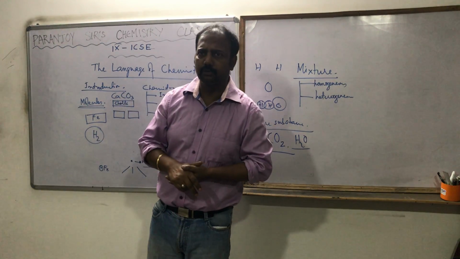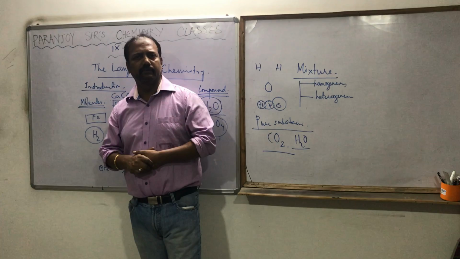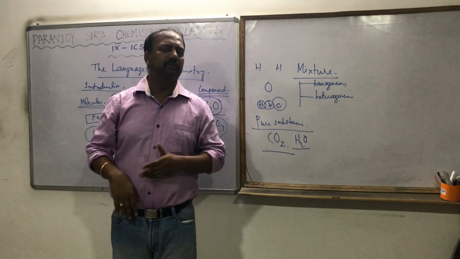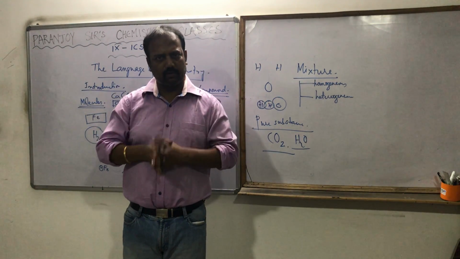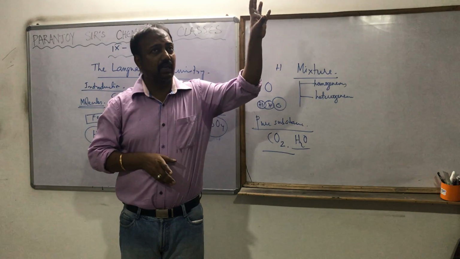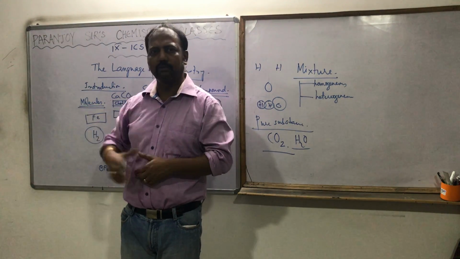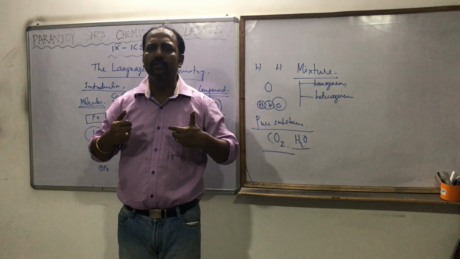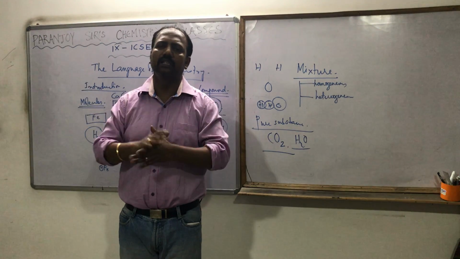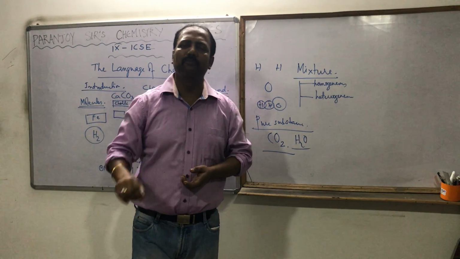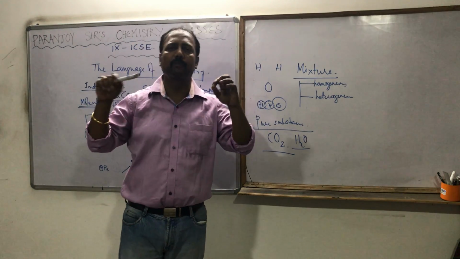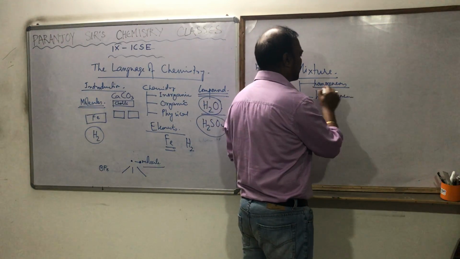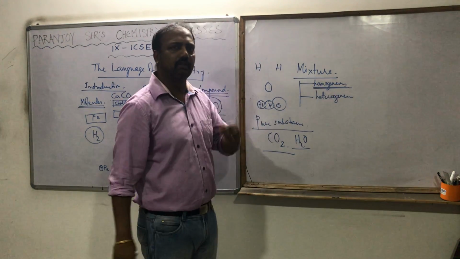Let us take another example: the air we are living in. It is made up of oxygen, nitrogen, carbon dioxide, and some other gases. Can you say this is carbon dioxide, this is oxygen, this is nitrogen? No. Why not? Because these gases are mixed so uniformly that you cannot distinguish them, but their individual properties remain. Those types of mixtures are called homogeneous mixtures.